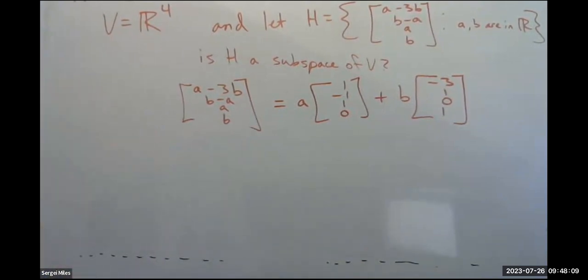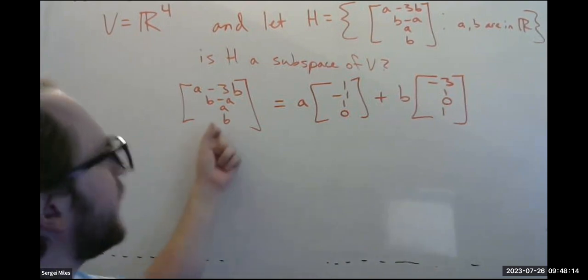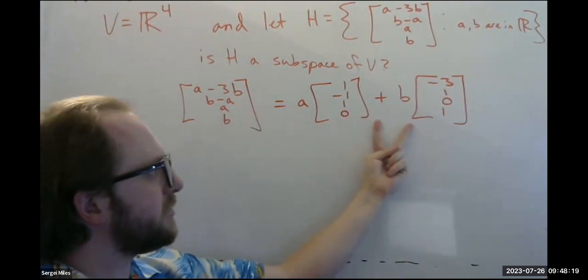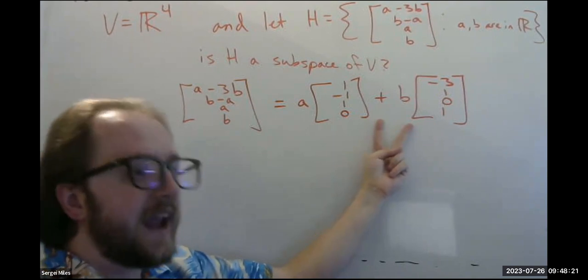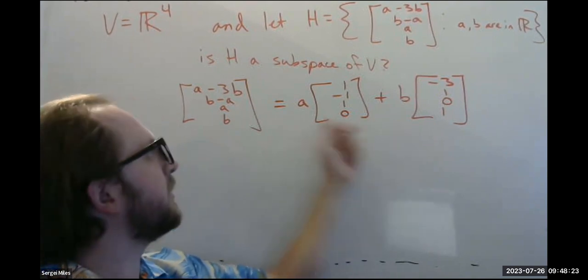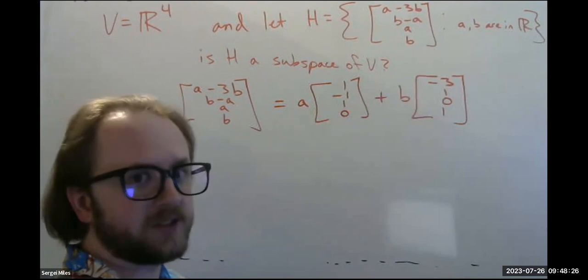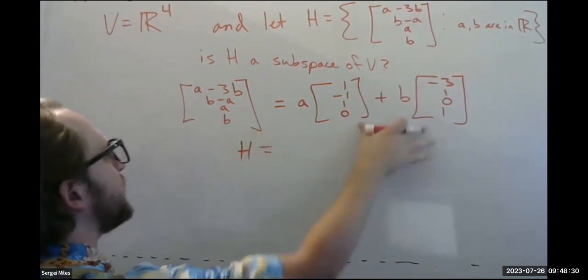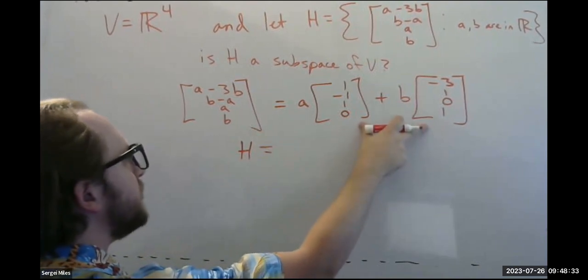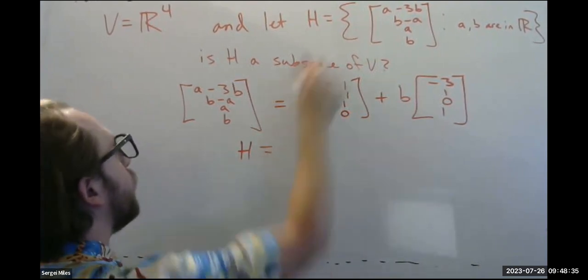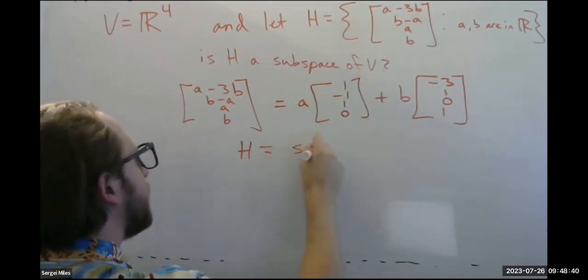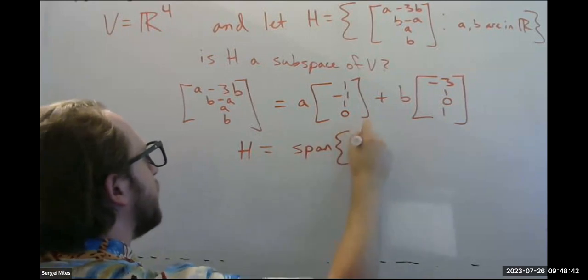A and b are any possible real numbers. In other words, what is this vector? This is a linear combination of these two vectors. In fact, it's any possible linear combination because a and b can be any real numbers. So what is H then? H is the set of all possible linear combinations of these two vectors. In other words, while it was written this way, it turns out H is actually the span of